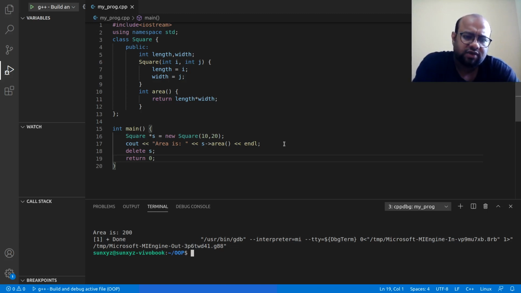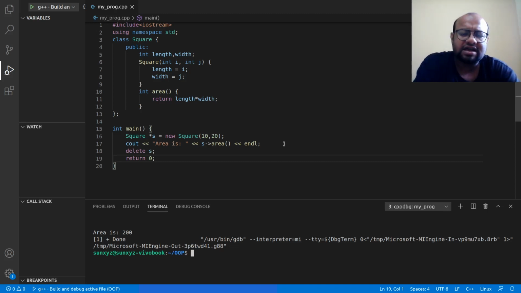Then we talked a little bit about stack memory and heap memory. Alright, then we learned how to use these two keywords, new and delete, to allocate memory in heap in C++, for an integer, for an array of integers, and for an object.